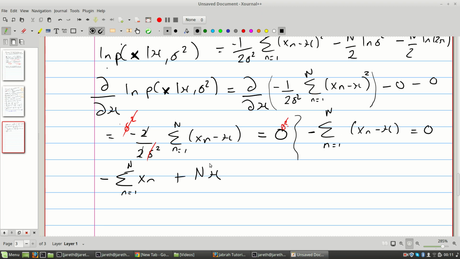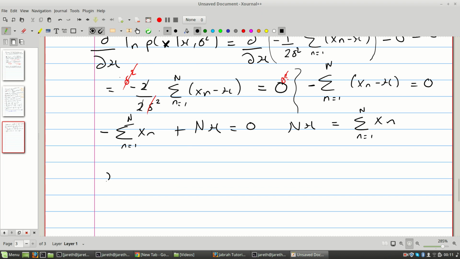Because we're just summing the same terms N times, and we equate this to 0. That means N times mu is equal to the summation from n equals 1 up to N of xn,